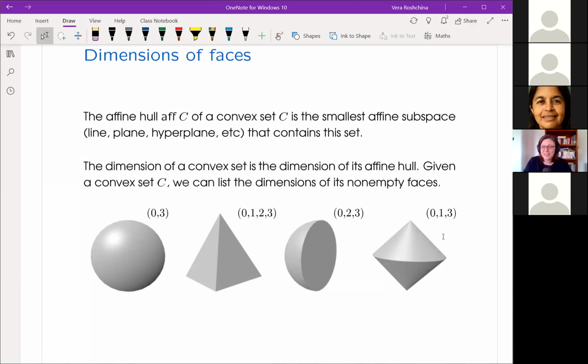So I would like to now talk about dimensions of faces. So every convex set has a very easily and very simply defined dimension. You take the convex set, and then you find the smallest affine subspace, which is just a translation of a linear subspace, the smallest translated linear subspace that contains this convex set. And the dimension of that affine subspace is the dimension of the convex set. So because any face of a convex set is also a convex set,